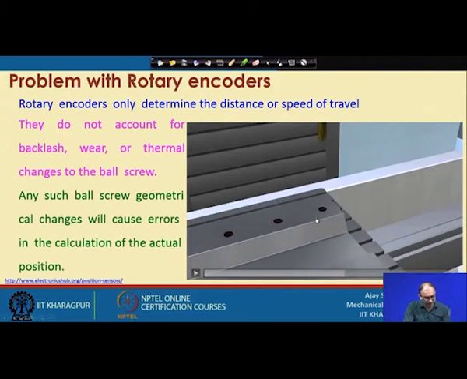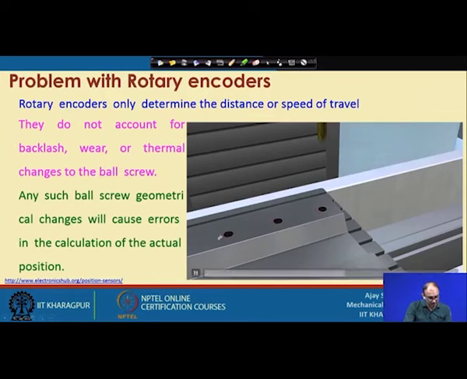Right. So, if you see the last hole, you can see how much is the difference between the desired position and this position. What we have taken in this example is related to thermal change only, but it may be because of backlash also, or wear also, because whatever the mechanical system is, you will get the wear, not today, but after 2 more years or after 1 year also.